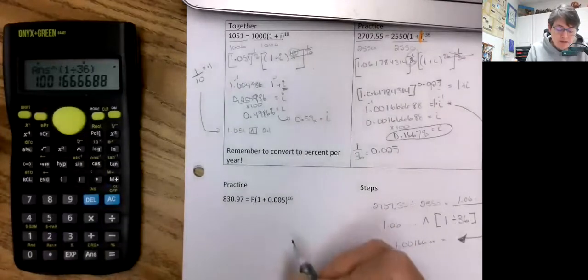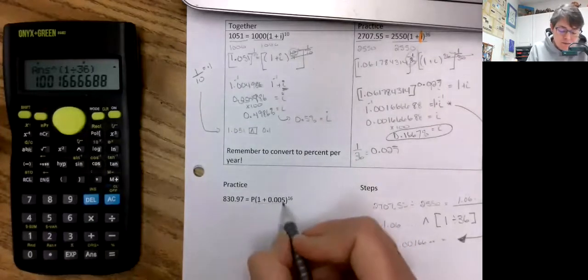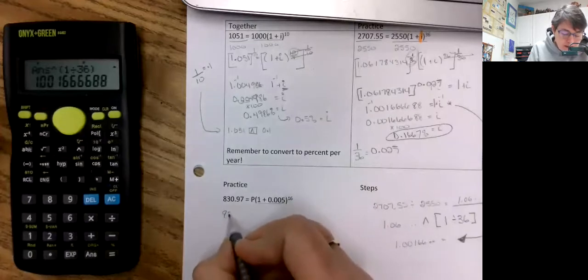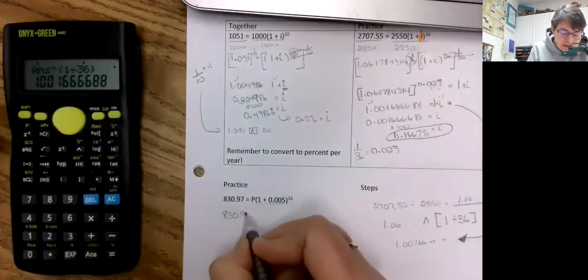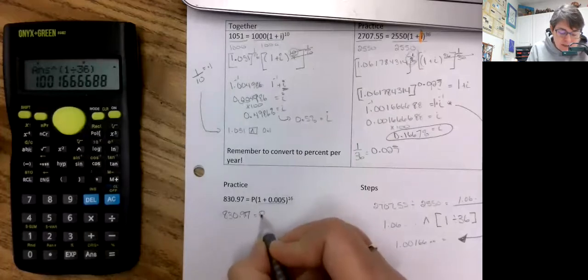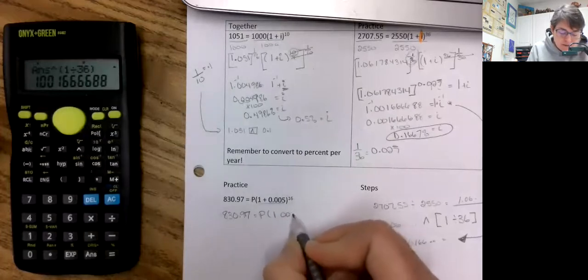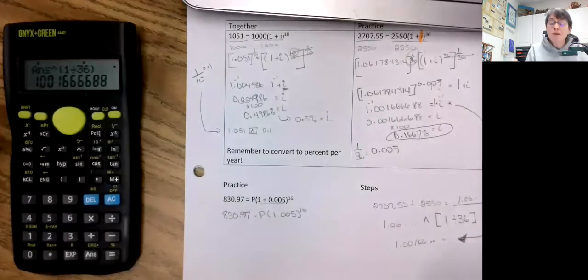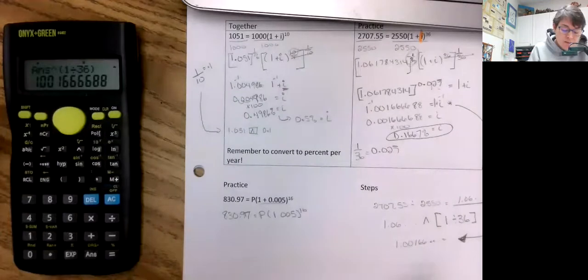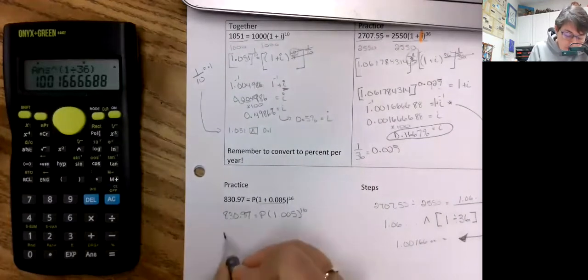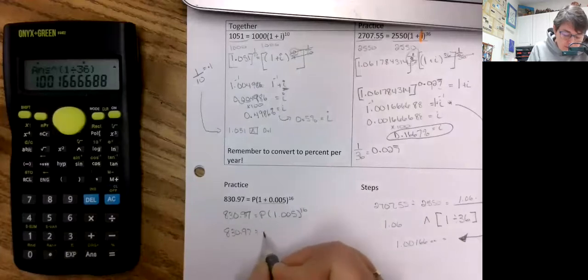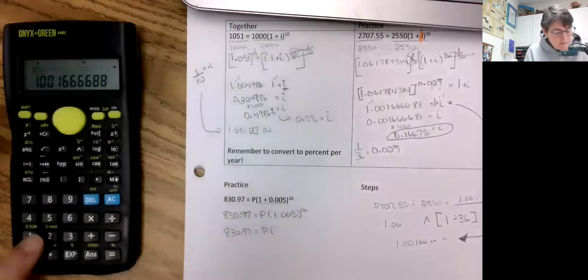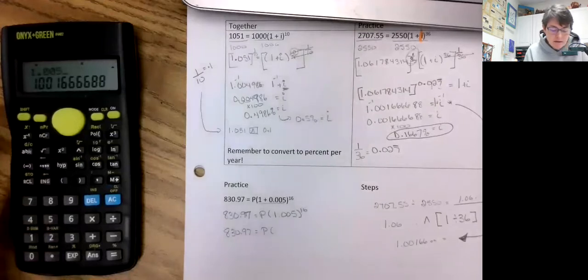All right, we're solving for P in this one, not for I. So this becomes really simple. 830.97, oopsies, is equal to P times 1.005 to the 16th. Again, my apologies, this isn't the right type of question for this sheet, but that's okay. 830.97, 1.005, exponent 16,